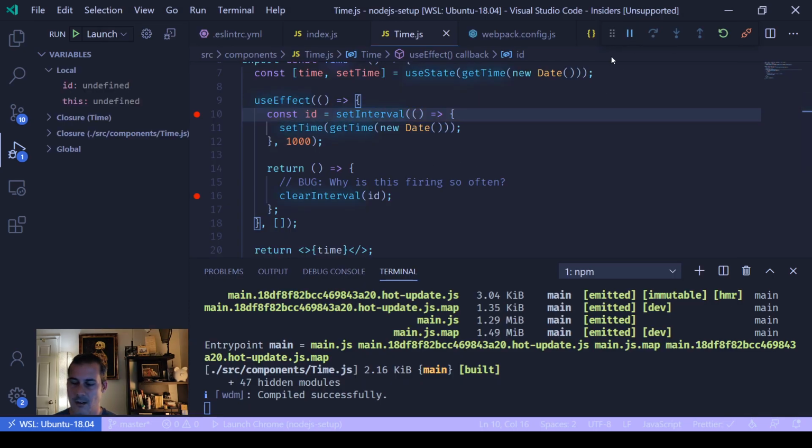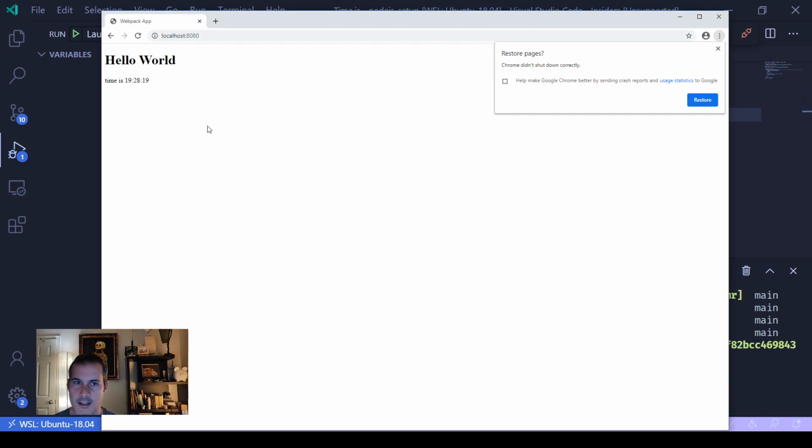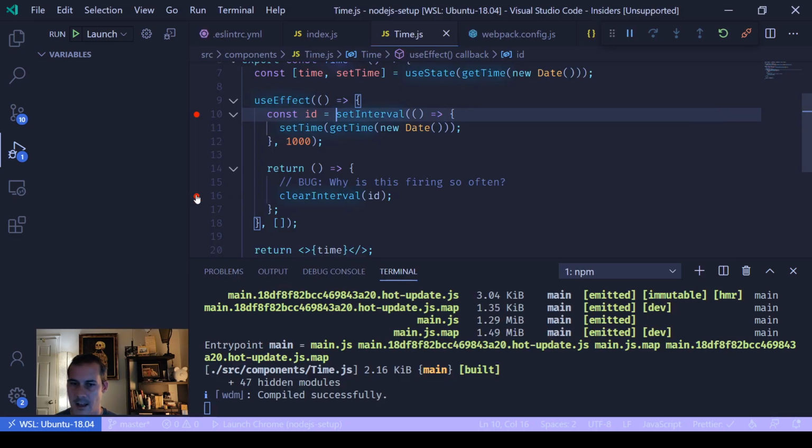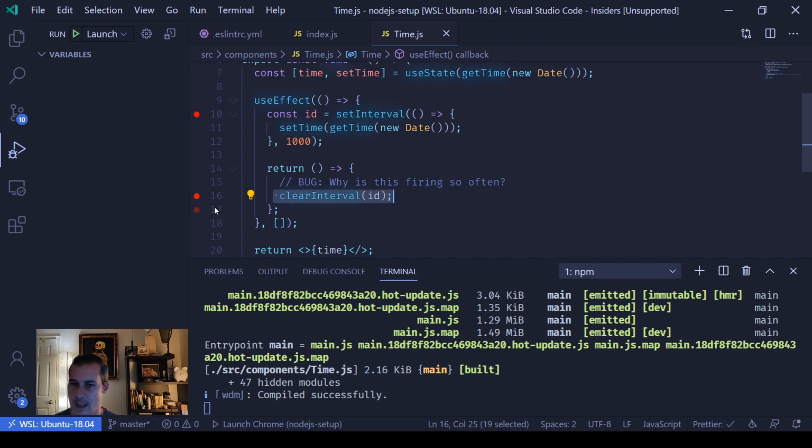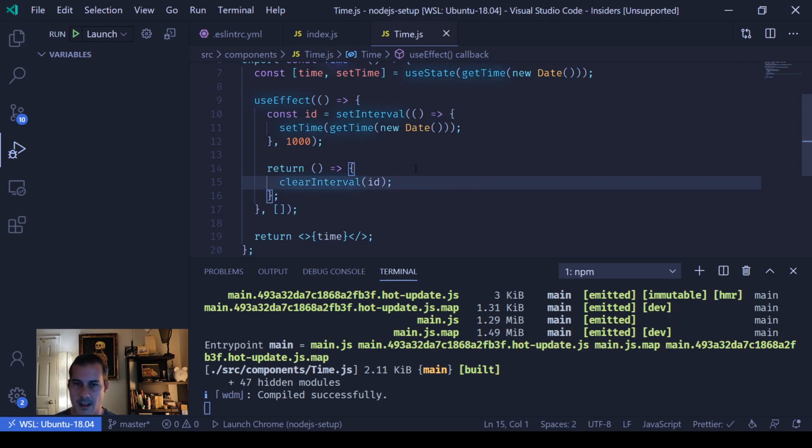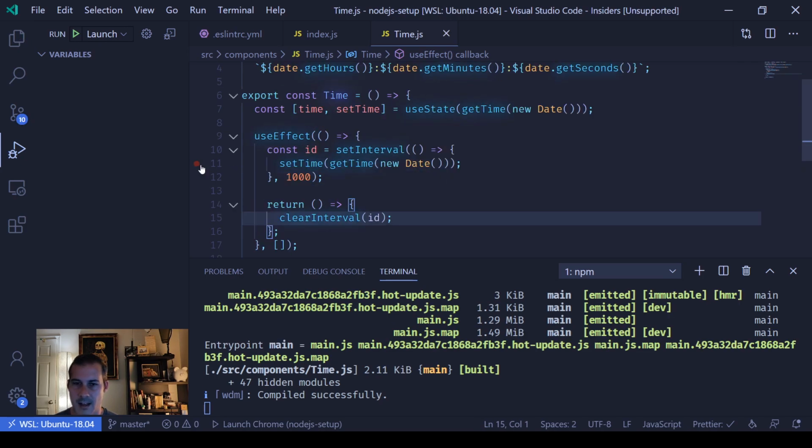And here's our set interval being set. I'm going to hit play. And it looks like the time's incrementing correctly, and we're not getting our clear interval. Actually, in this application, the clear interval will never be hit. So okay, that's perfect. So we're going to get rid of that,